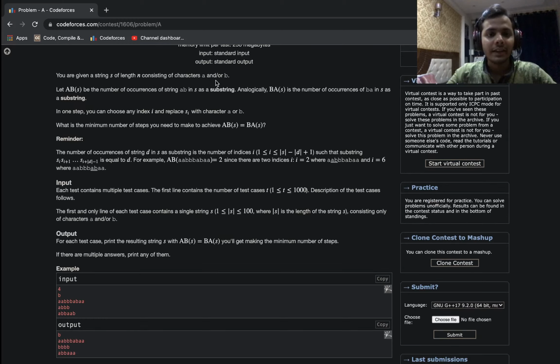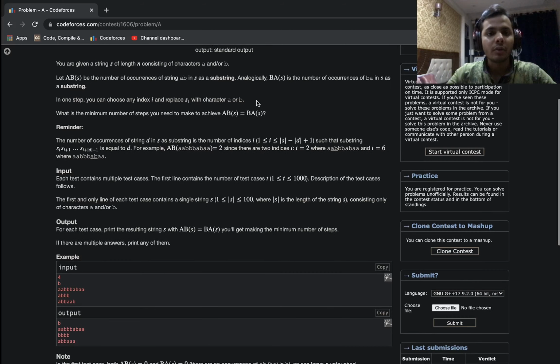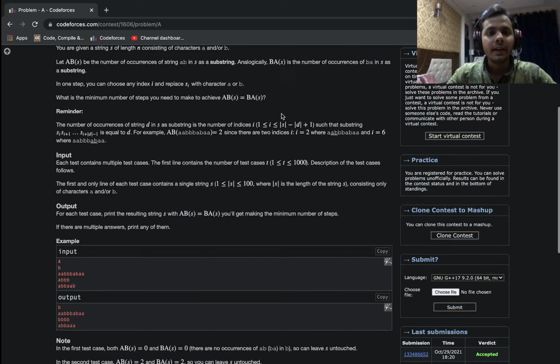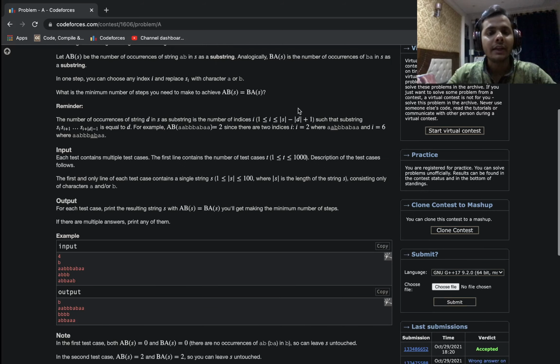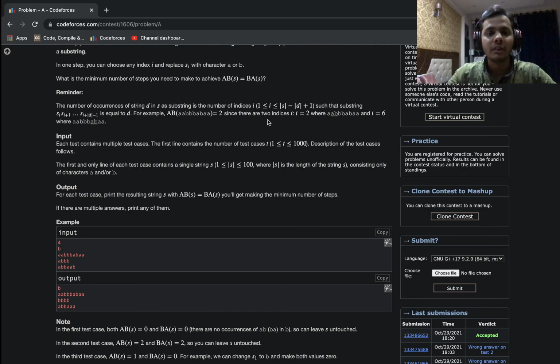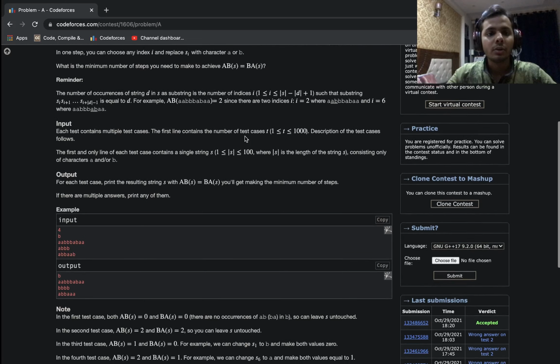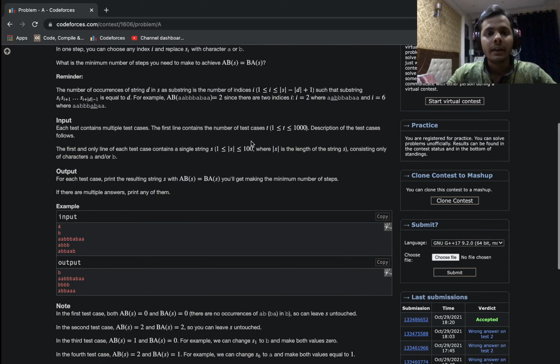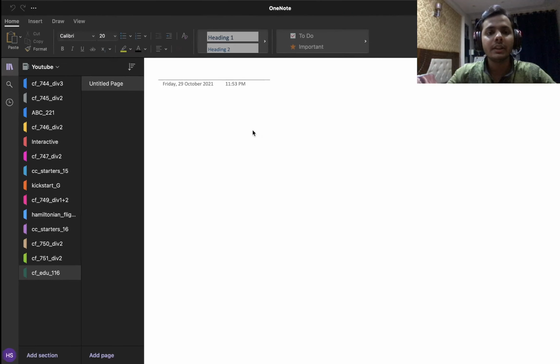So we have a string S which contains only the characters A's and B's, and what we want to do is change the minimum number of characters in S, and the final result should be such that the number of AB's is equal to the number of BA's in the string. We want to print the resulting string which will result from us changing the minimum number of characters. The condition which should hold is that the number of AB's in the string should be equal to the number of BA's, right? So the solution here goes something like this.